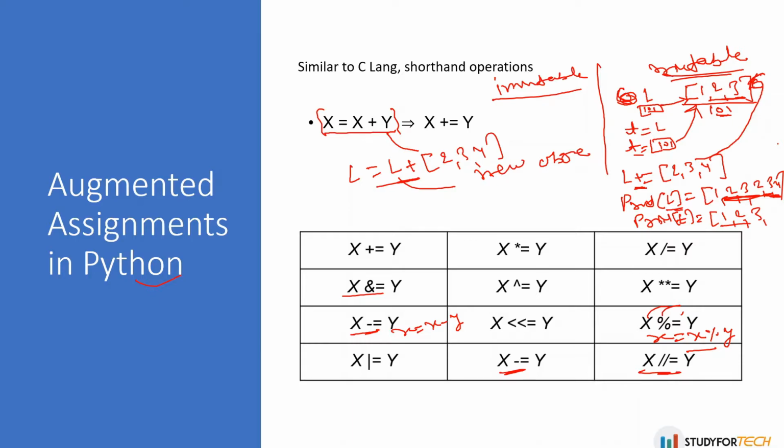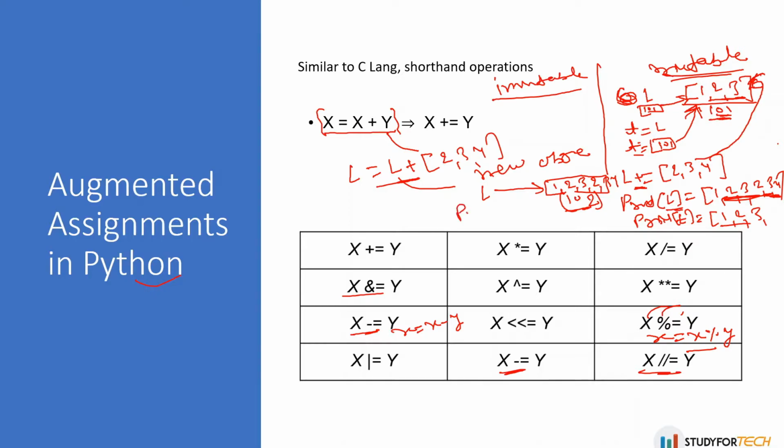So let's see, here L is pointing to this and T is also pointing to this. So here a new object will be created, and inside this the append of this, 1, 2, 3, 2, 3, 4 will go, and L will point to this particular location, and that would be, let's suppose, 102 in memory, and T is still pointing to this 101.